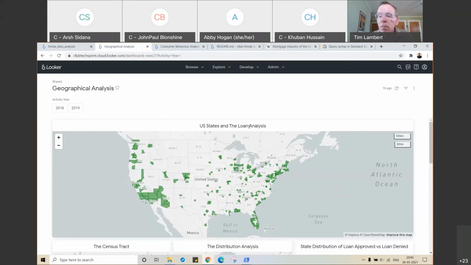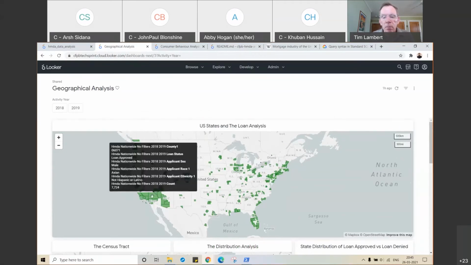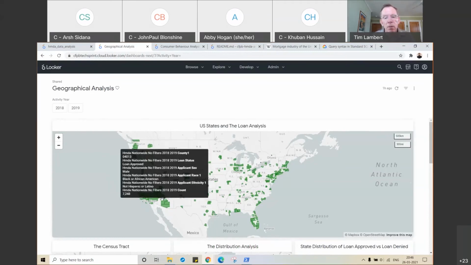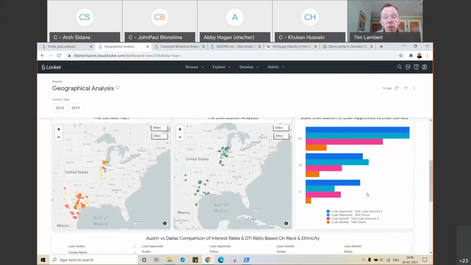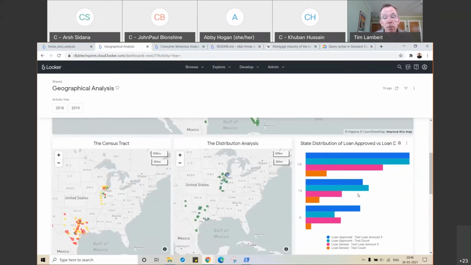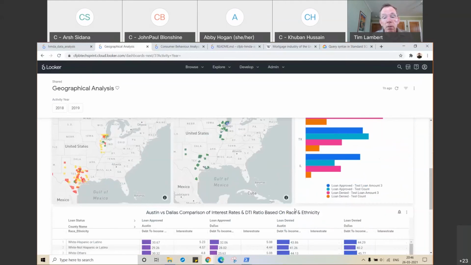If you click on any chart, it will give you the option of drilling down there itself, and you can have the view as per the ethnicity, race, debt to income ratio, and all the details. As we go to the bottom, we'll see more distribution in different states. And if we go really below,